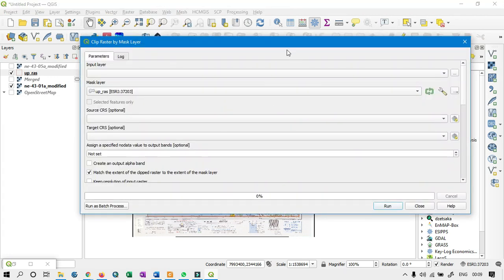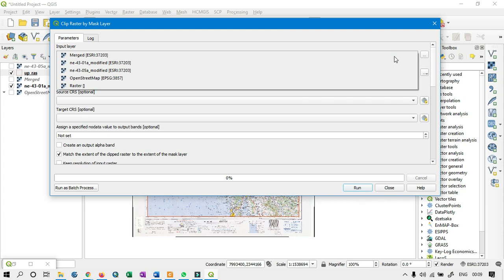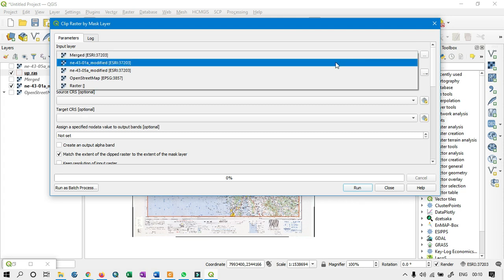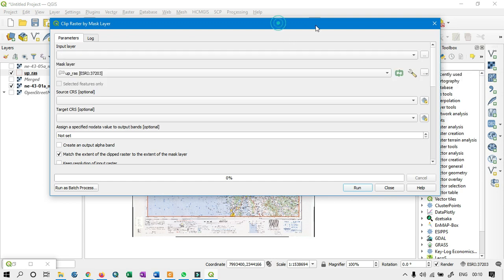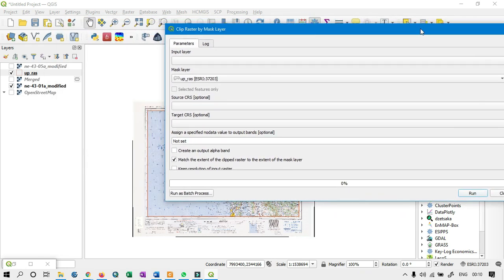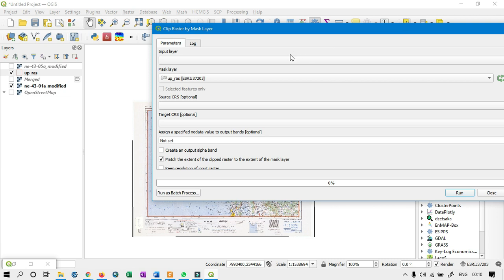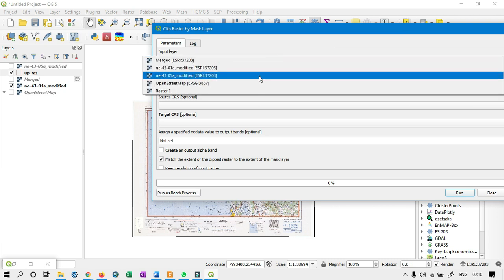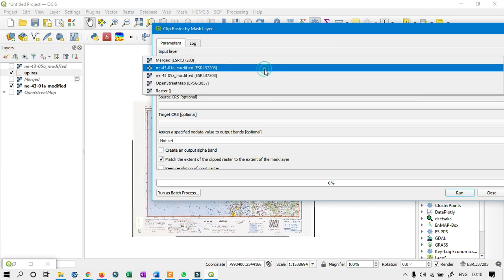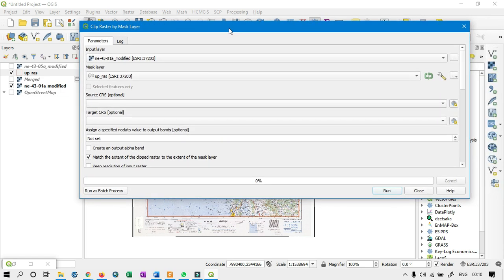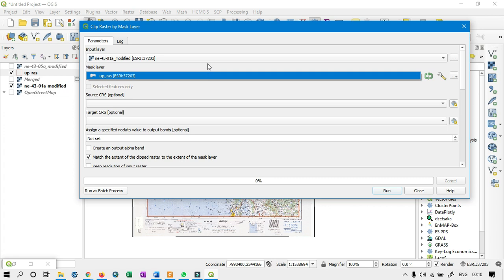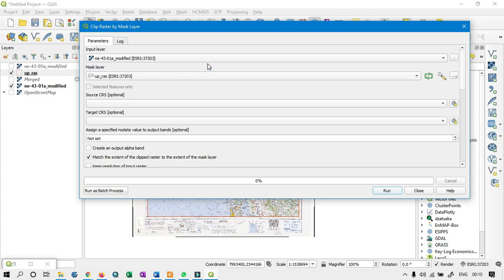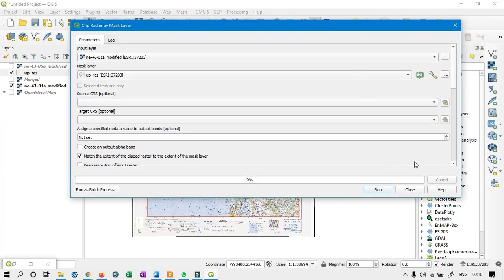Click here, and here the input layer will be the upper layer, that means 4301 modified, and the mask layer will be the just created vector layer, and the rest of the portion I will keep as